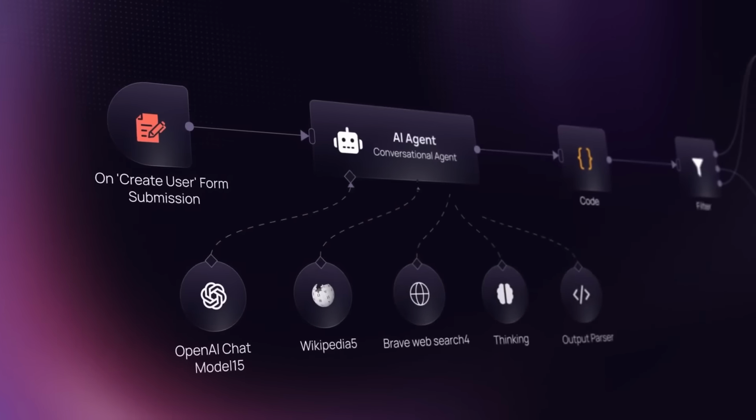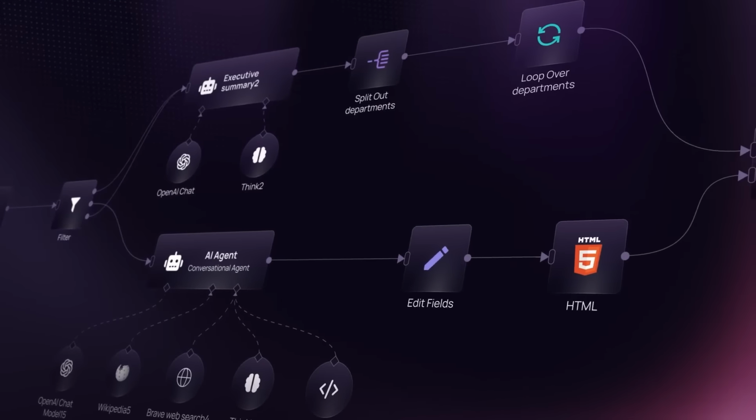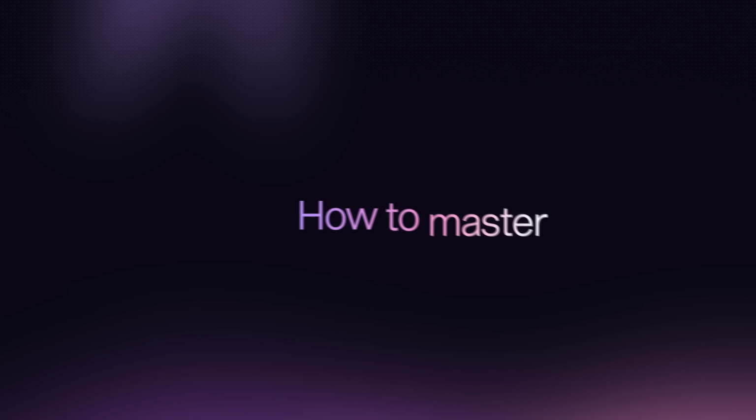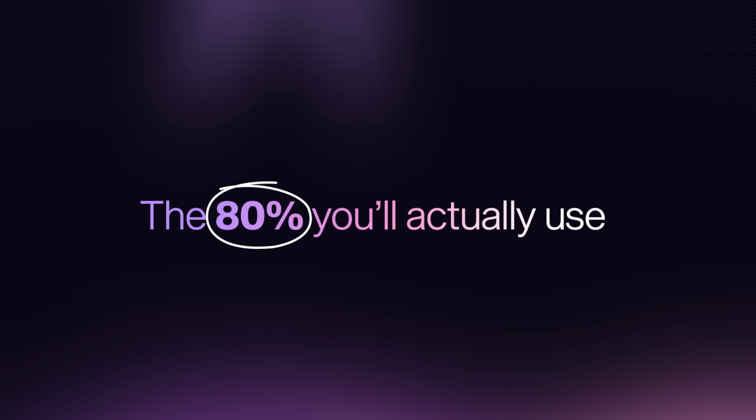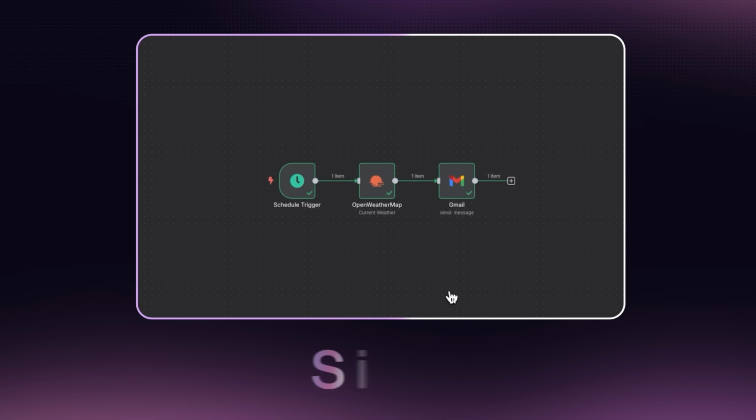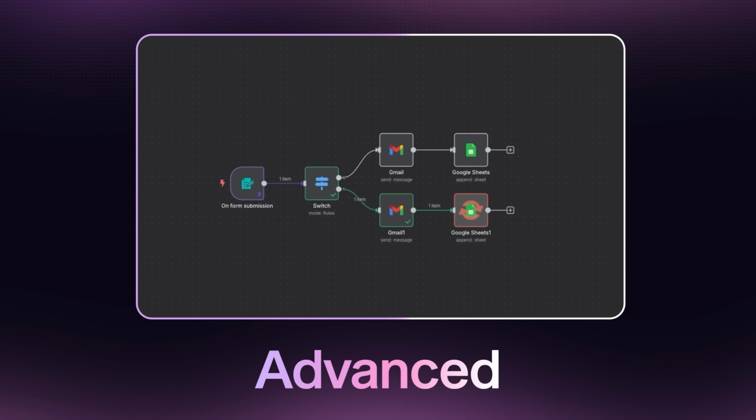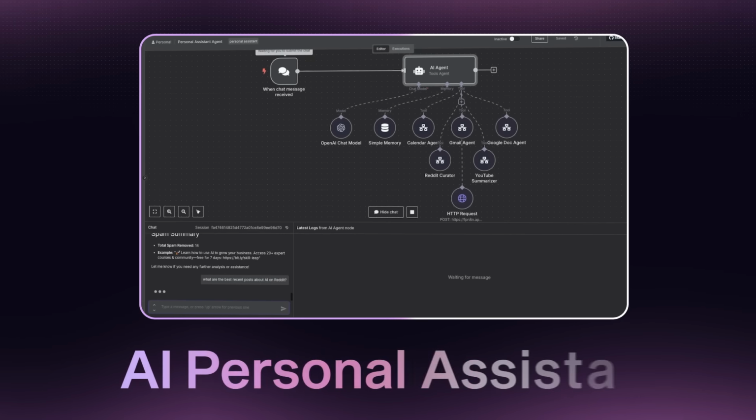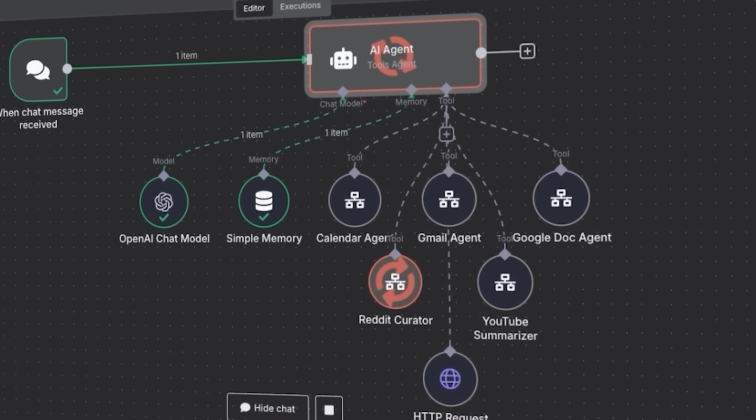n8n looks complicated at first, but it's much easier than you think. In this video, I'll show you how to master the 80% you'll actually use. We'll do that by building 3 automations from simple to advanced. We start basic, then build all the way up to a full AI personal assistant, an AI agent that can